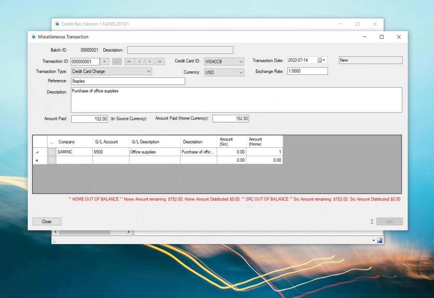So I will put in that it was actually $152, and we have to put the source since it's multi-currency. So we do have to put the source and the home currency, even though they're both the same. If you're using the multi-currency option, you will have to put it for both. And then I can make sure that my distributed amount is in balance. So if you notice that it changed from red out of balance to a green balance,